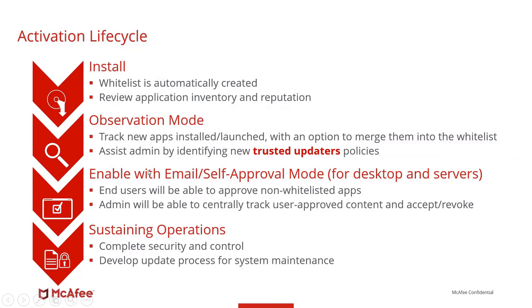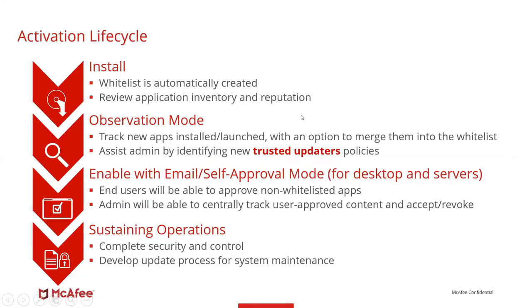So basically this is a way of enforcing your whitelist, but if something's not on there, the end user has the ability to override it and send a request to allow it or not, which the EPO admin can then review and block or deny based off of that. And then when we talk about sustaining operations, basically how do you operationalize this product, what type of update life cycle you have when you're renewing software, things of that nature. We typically recommend trying to stay at least N-2, or within 2 versions of the current release of the product,